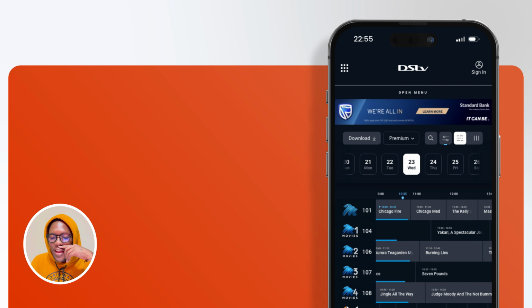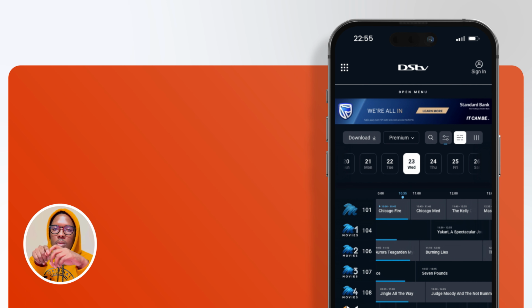And then I fixed the sign in button, so basically moving the sign in copy text to underneath the icon, and then gave the icon a white outline,